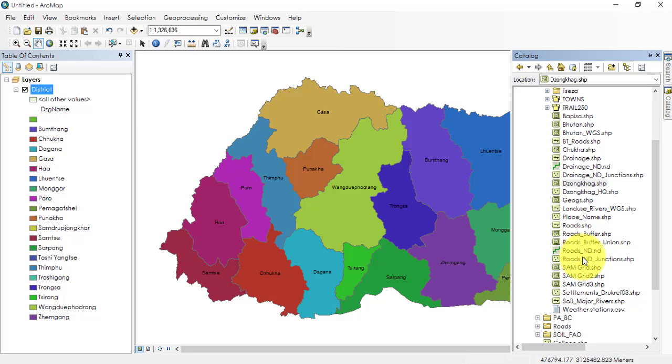First one is point. Point is basically XY data. Second one is line or polyline. Basically, lots of XY data joining together to form a huge chain of XY, forming a line. Let us add point data if you have for